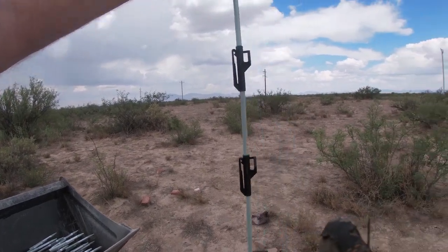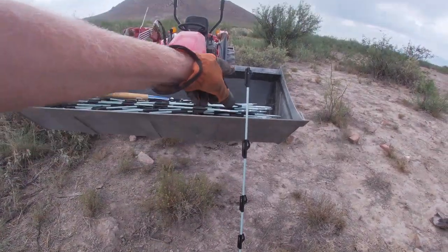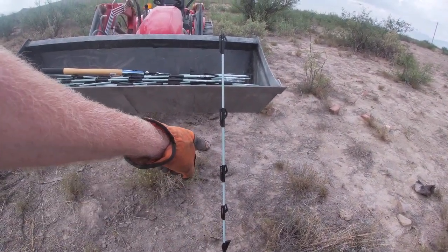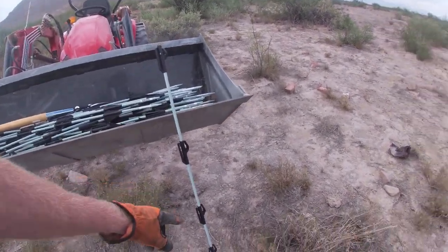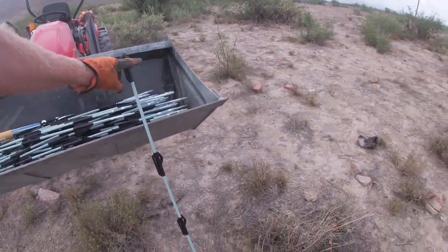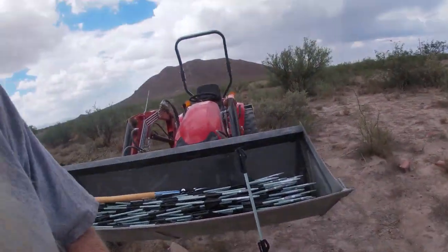The first, well, there's 4 spots for wire. Bottom one's at about 16 inches, then 10 more inches, 10 more, and like 11 more. I'm not going to use the bottom one. I'm going to use these 2, hot wire, ground, and hot wire. I can always put a ground one along the bottom if I decide it's needed, but I think I mentioned